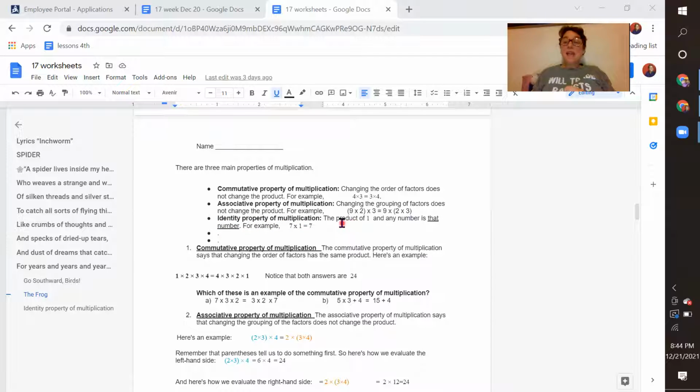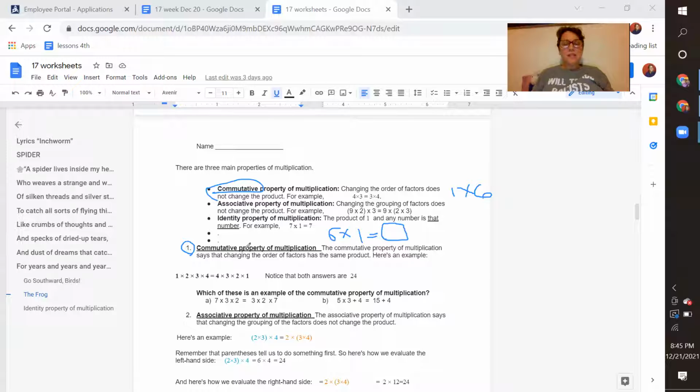The product, meaning the answer, of 1 times any number is that number. For example, 7 times 1 is 7. So right here, will you also write another example of the identity property of multiplication? For example, I'm going to write 6 times 1, and you will write the answer here. Remember, according to this one, it's the same as 1 times 6. All right, so do that. So this is a review,